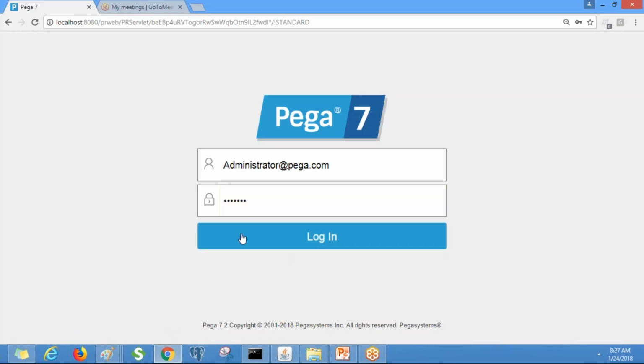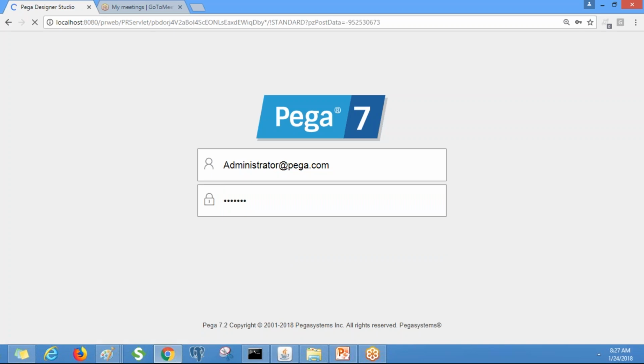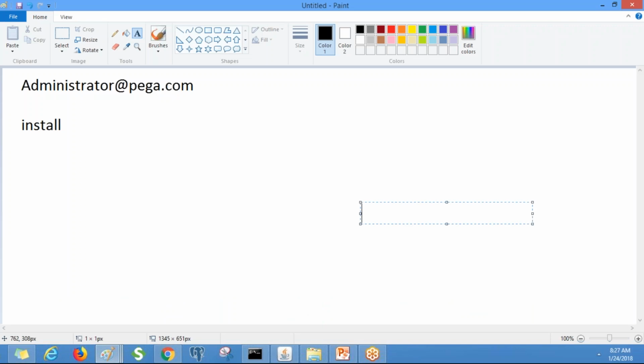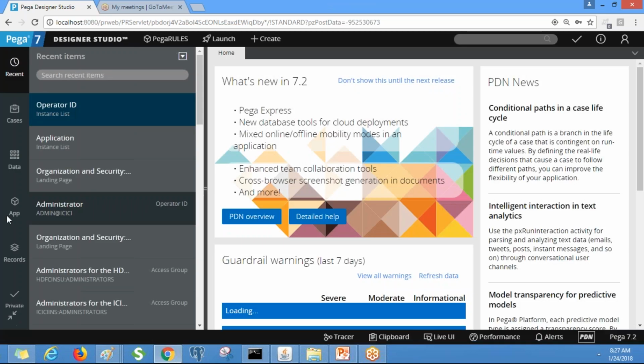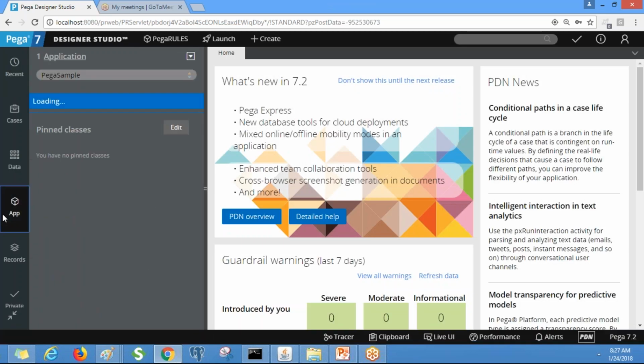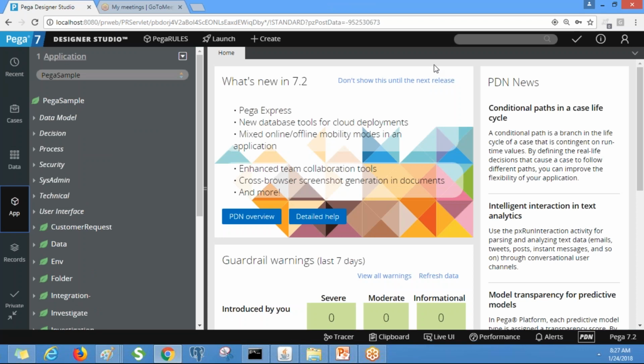Once we log in to the application, first we need to create our application. So this is the Designer Studio. The first time we have to log in by using the default credentials.